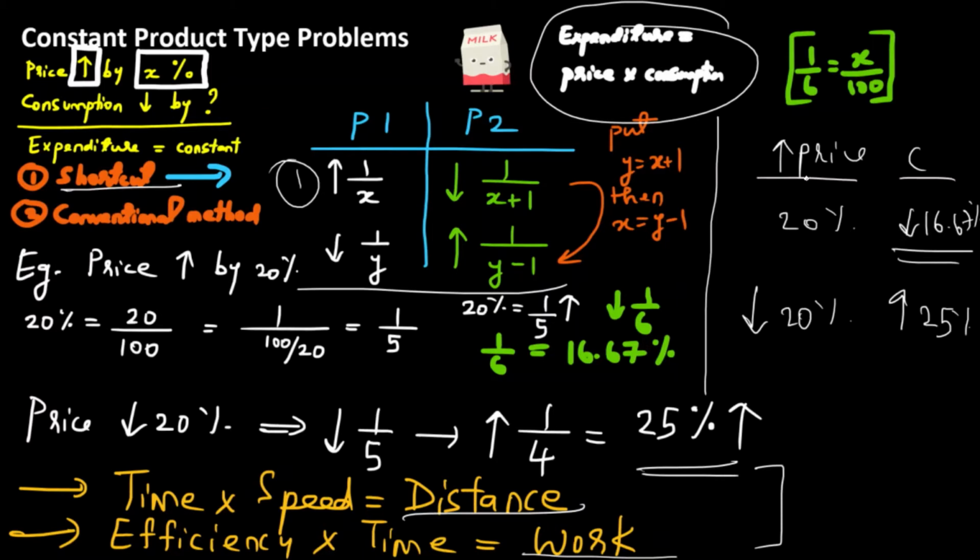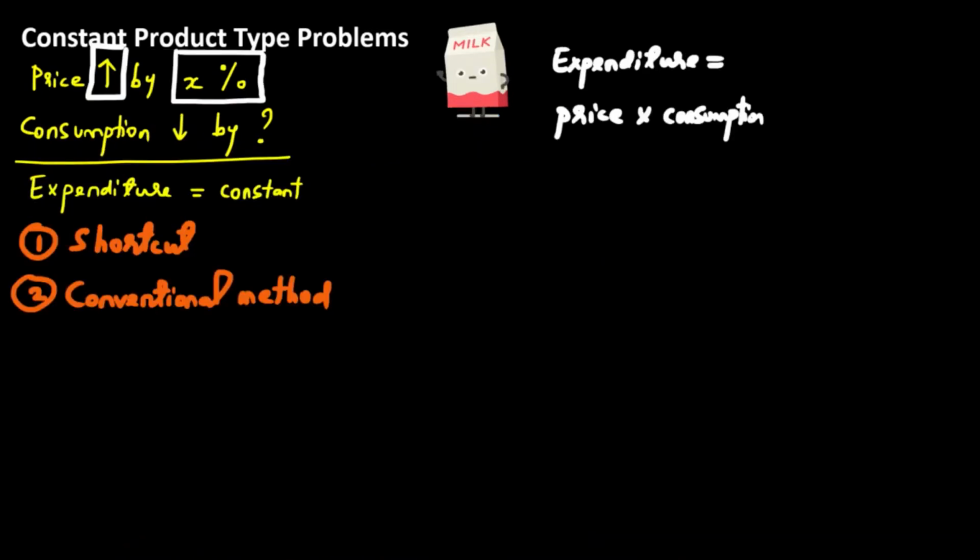All right, now we have covered the shortcut and we have also covered the logical way of approaching it, where you assume 100 and then you make the change and then you try to get back to 100. We have seen both these approaches. Now let's also discuss the conventional method quickly. And I recommend that you should not be using the conventional method because the initial methods that we discussed are much faster. But just for a deeper understanding, let's quickly also think of the conventional method.